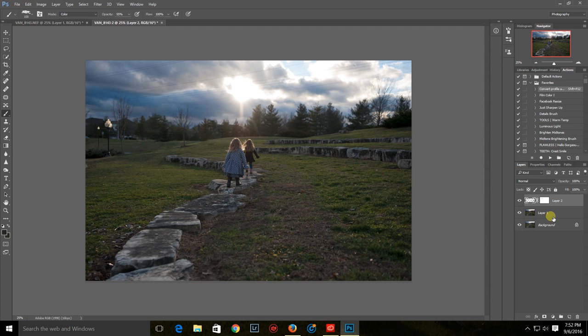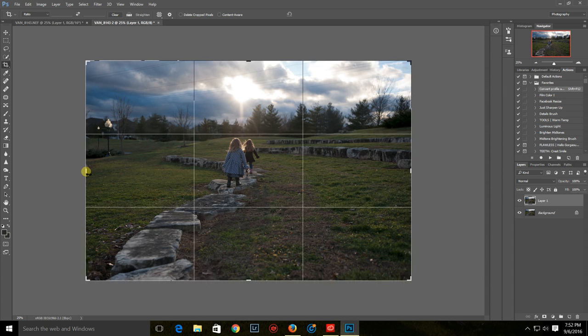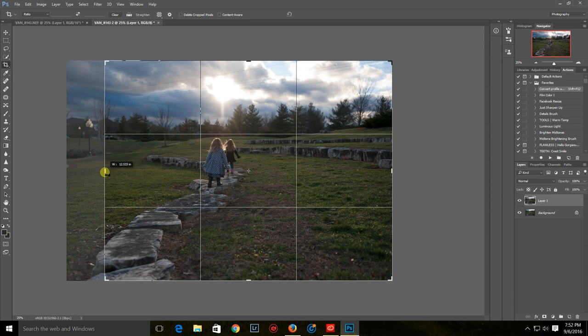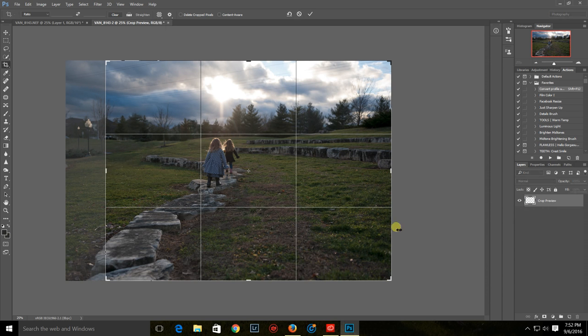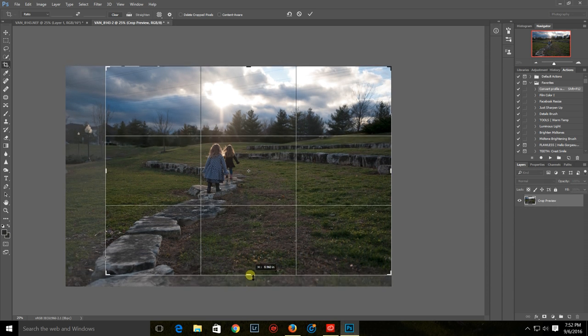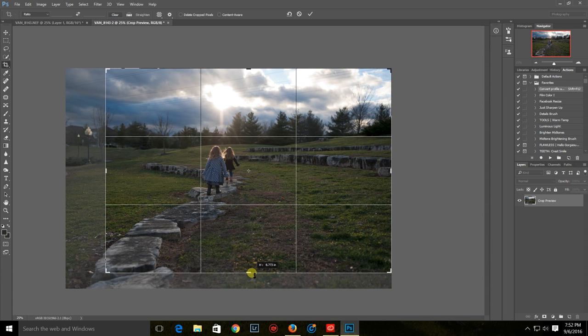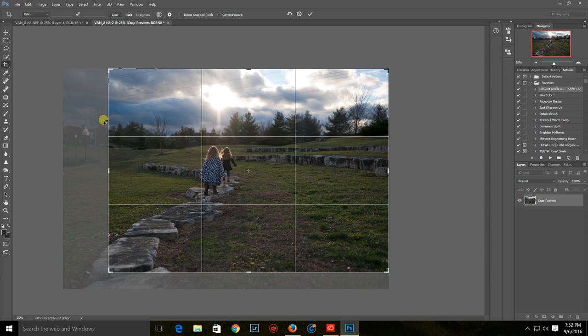Alright, I'm going to go ahead and flatten this down and duplicate my background again, and I'm going to go ahead and crop and see what I need to move. So I'm really funny about, if I have a leading line, like with these rocks, I like them in the corner of the image. I don't know, it's just one of my little quirks, I guess. So I'm okay with them not being exactly on the rule of thirds in this. I really like